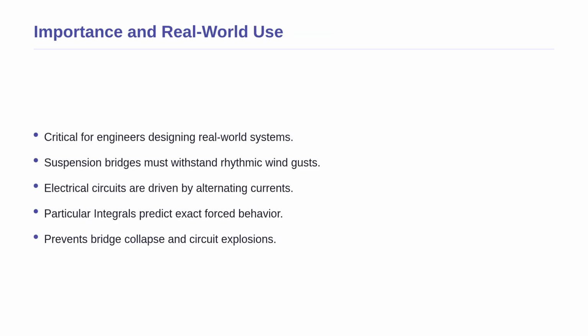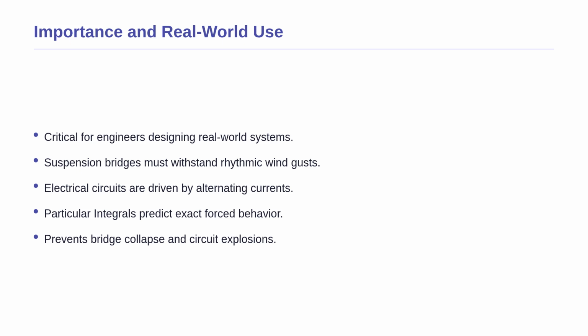Now that we have used this formula and verified it, let us understand why this matters outside the classroom. Understanding particular integrals is absolutely critical for engineers and physicists who design real-world systems. Whenever you build a suspension bridge that must withstand rhythmic wind gusts or design an electrical circuit driven by an alternating current battery, you are dealing with forced systems. The particular integral tells you exactly how the bridge will sway or how the current will flow in response to